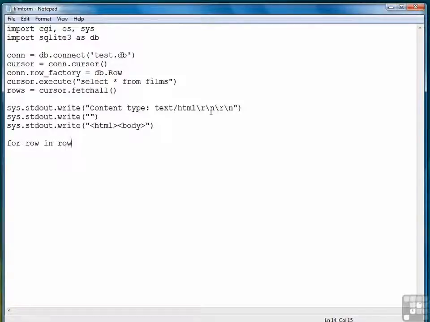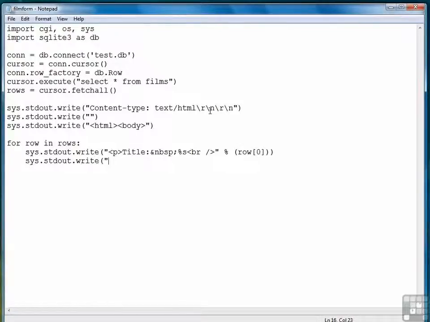So what we're going to do is put the dynamic data in a Python for loop so that for each row of the rows of returned data, what we're going to write out is one line that consists of the title of the film. Here we're going to put a hard space followed by our format string variable %s, followed by a break,